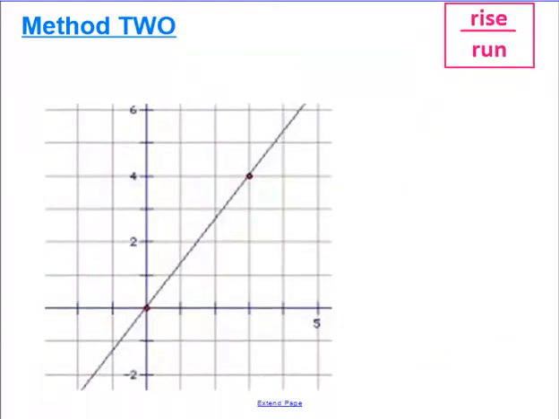Now, let's take a look at method number 2. So method number 2 is called rise over run, and the word over is referring to the fraction bar right here, okay? So with rise over run, there's two things you're going to need to identify. First of all, you need to remember that on a coordinate plane, and I'm going to draw one right here, you need to remember where your positives and negatives are, okay? So down here is negative, over here is positive, over here is negative, and over here is positive,